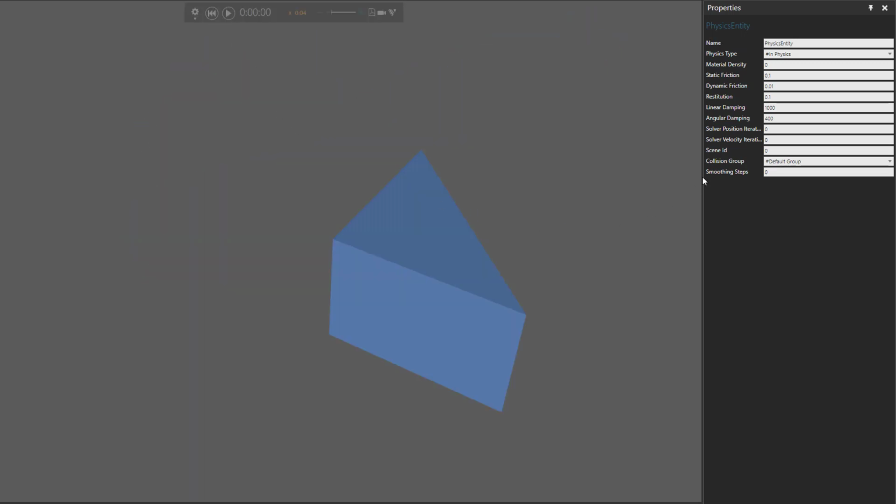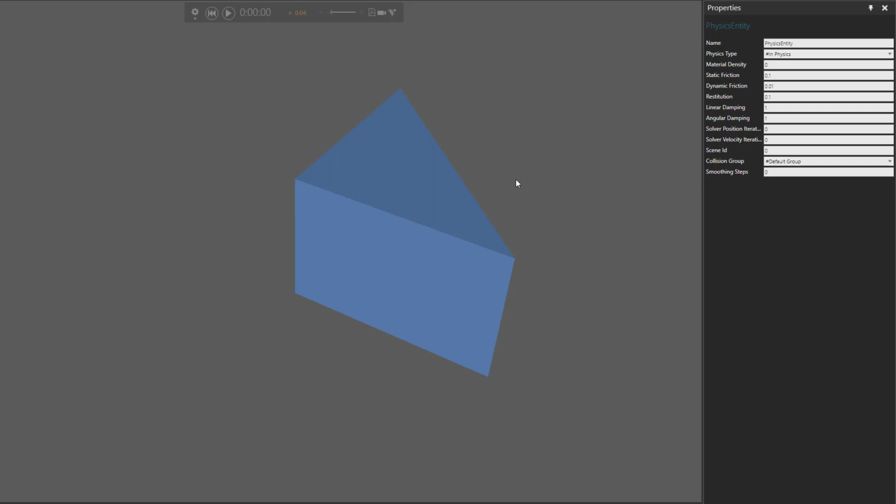Let's reset. And let's see how this works when linear and angular damping are at 1. Run the simulation, pick up the part, and yeah, it's pretty much enough for most cases, and drop it back down. What you can do now is test your own solutions using these properties. What I'm going to do for the rest of the video is do a couple use cases.